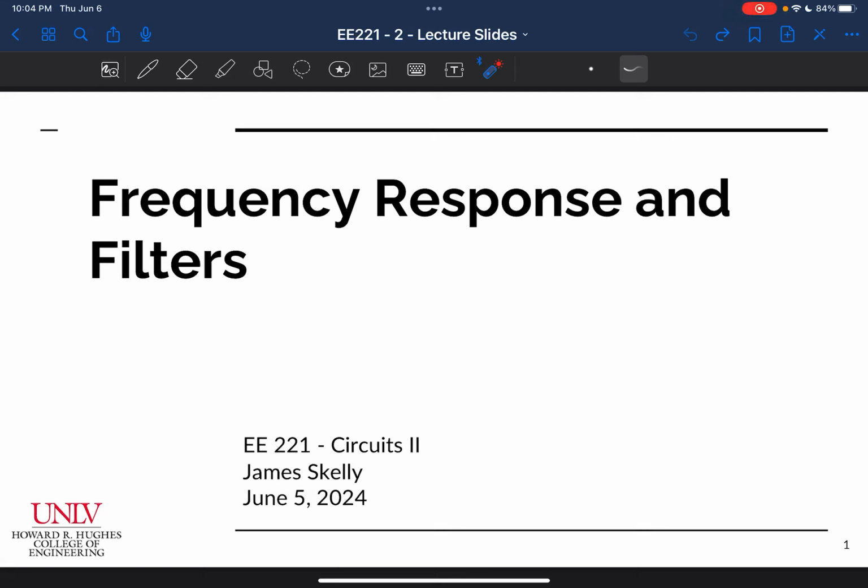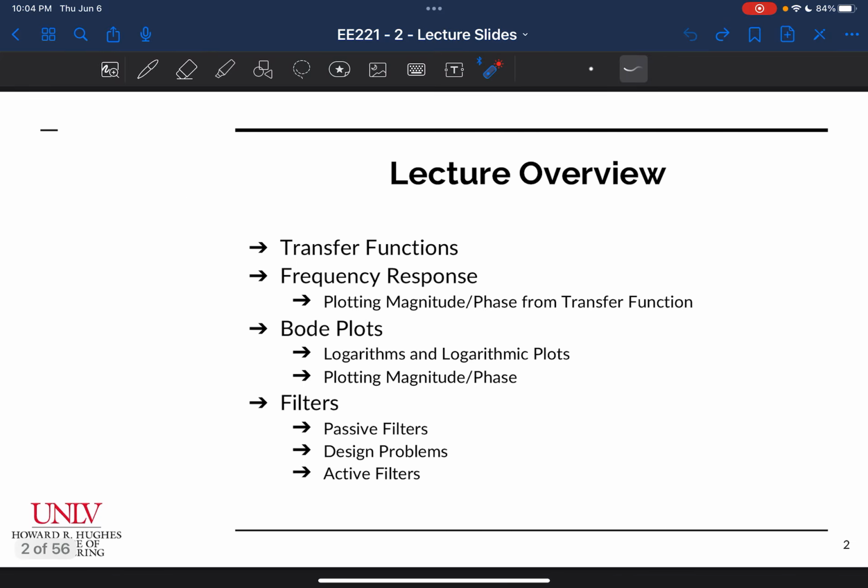All right, welcome to Module 2 of EE221 Circuits 2. This module is called Frequency Response and Filters, and that's exactly what we're going to talk about in this module. Of course, I'm going to do an overview of the topics that we're going to cover in this module, starting